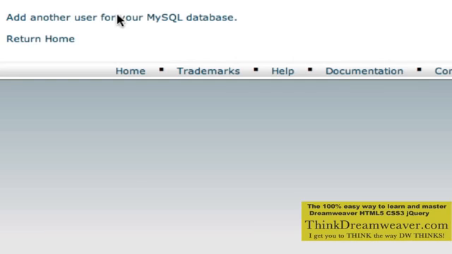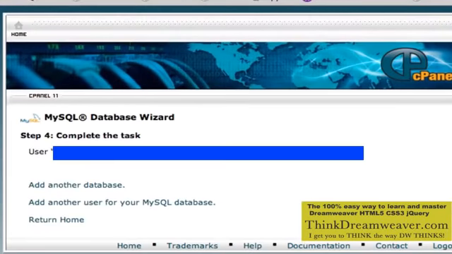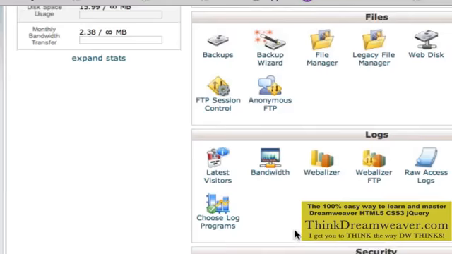Okay, now once the database is set up, important step here: the database is set up, but the database is empty because it doesn't contain any tables yet, because we haven't created the tables. So we're going to click home, then we're going to go back to